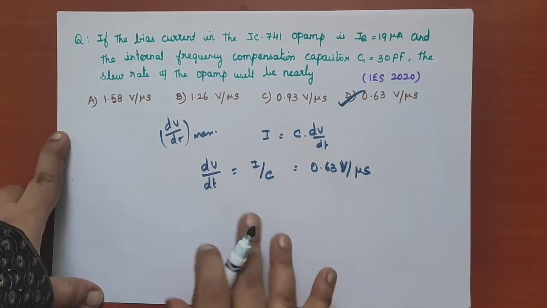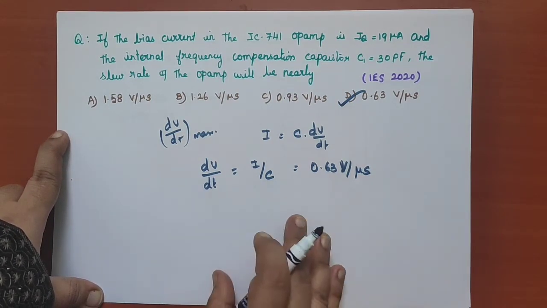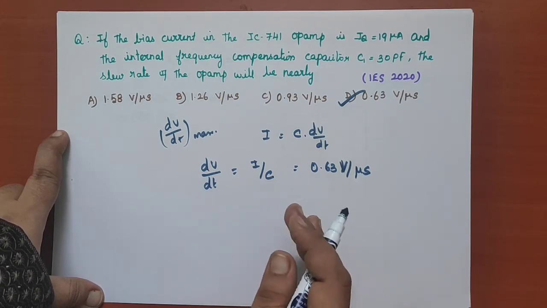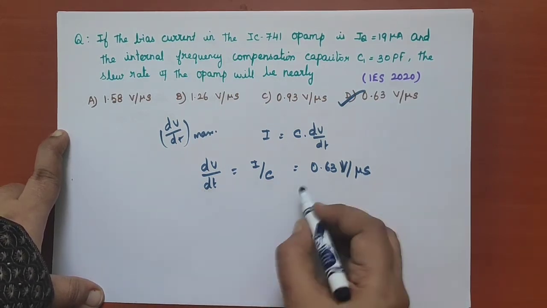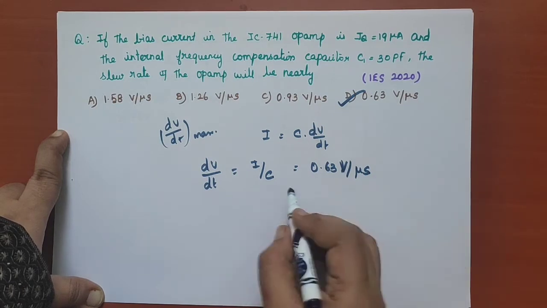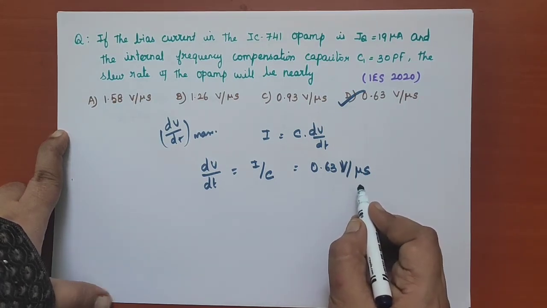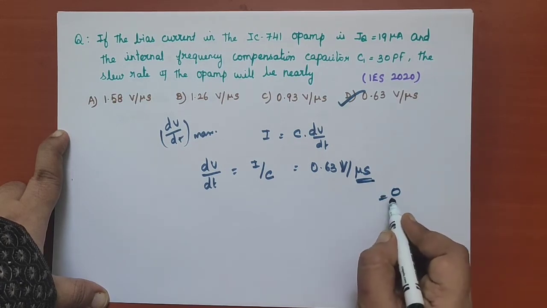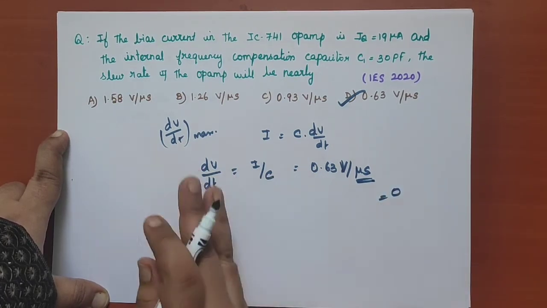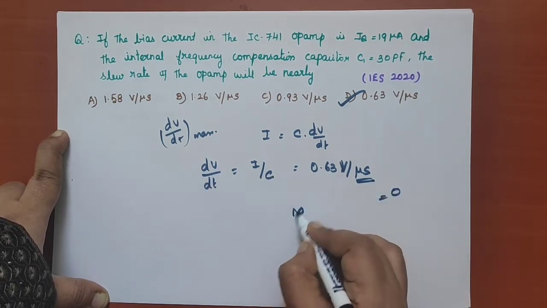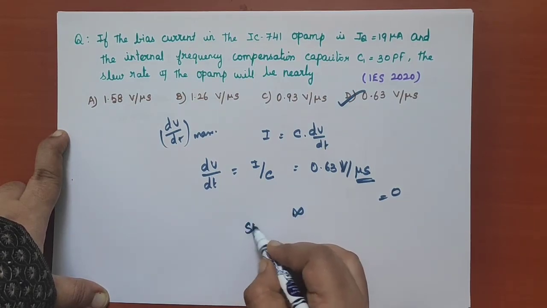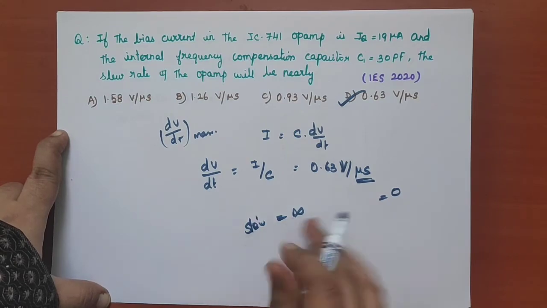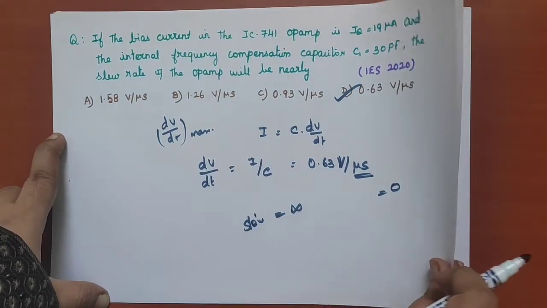Okay. Now slew rate gives you the information on how fast an op-amp can respond to the input. Usually it is represented in volts per microsecond. For example, if you consider the ideal case, the time factor should be equal to 0. Then what will be the value of slew rate in the ideal case? It will be infinity. So for the ideal case, the slew rate will be equal to infinity. This is the concept behind this.